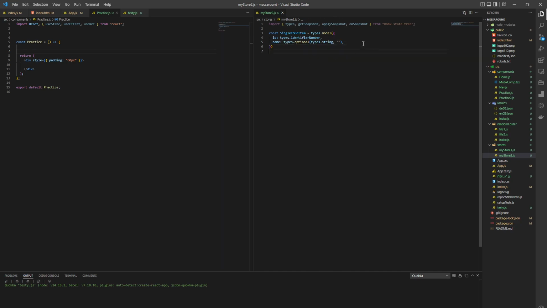Now you can do types string by itself, but then you will not be able to set up a default value, right? So what I'm saying is you can type this in type string, but then you cannot set the default value. Does that make sense? So if you want to set the default value, you need to put types optional, then types string and default value. This way you are assigning default value to name, which is empty string. And then is done